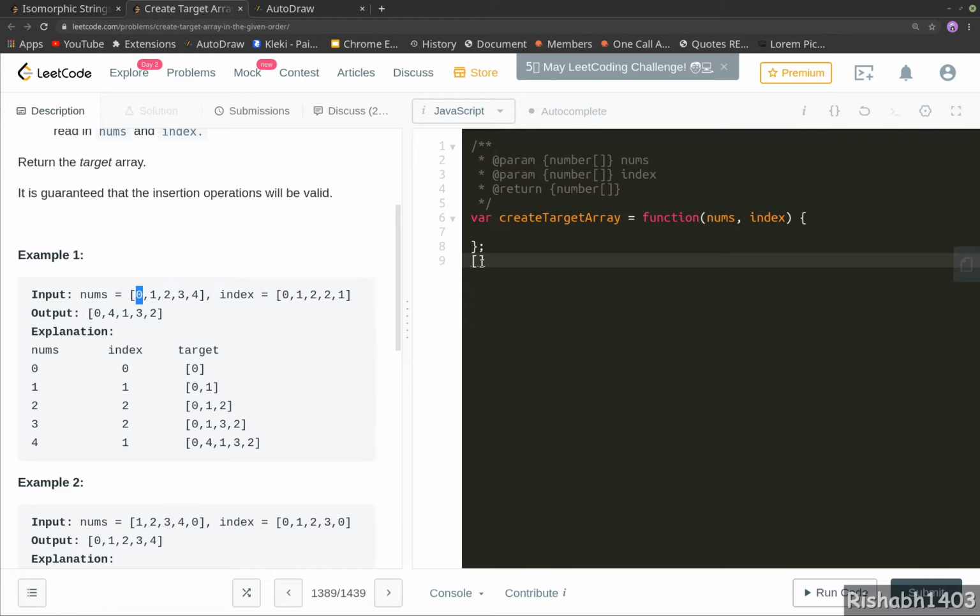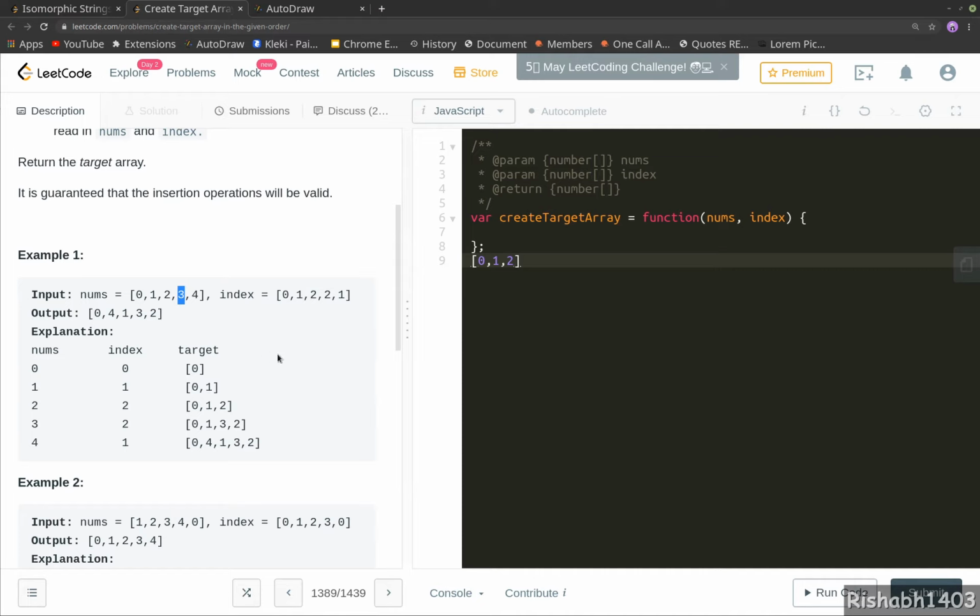Okay, we insert 0 here. Now for i equal to 1, index[i] is 1, the value would be 1. That's fine. Now for i equal to 2, index[i] is 2, value is 2. So far so good. Now for i equal to 3, index[i] is 2 and the value is 3.